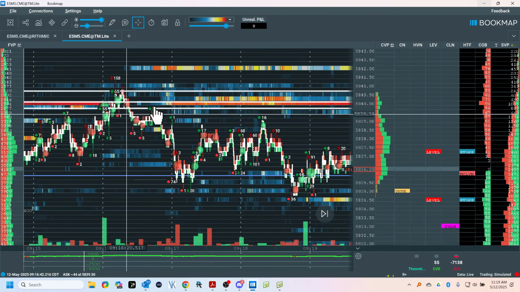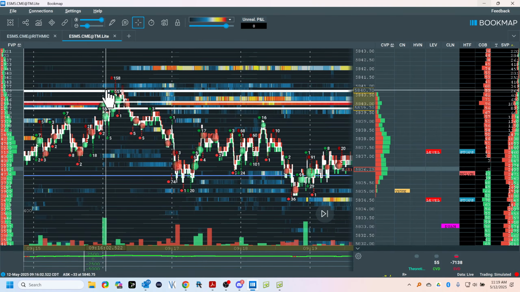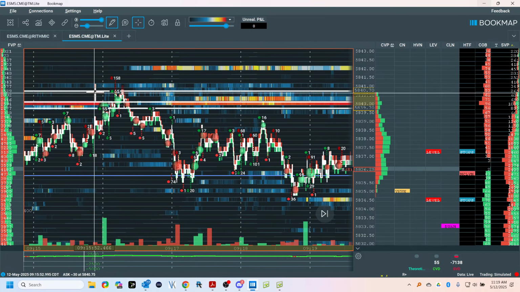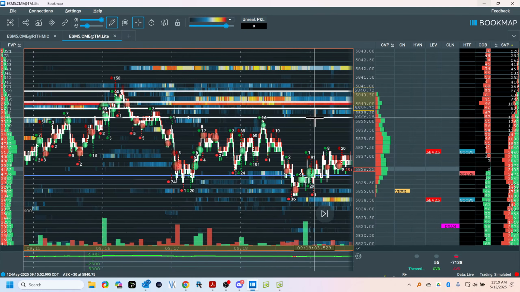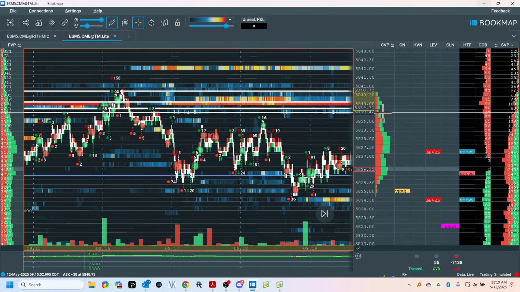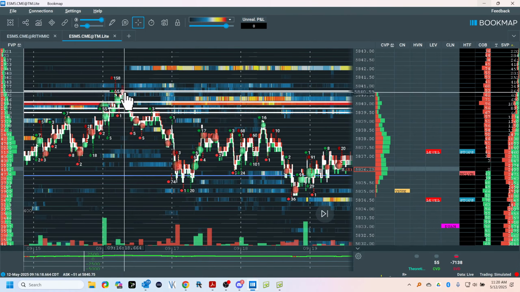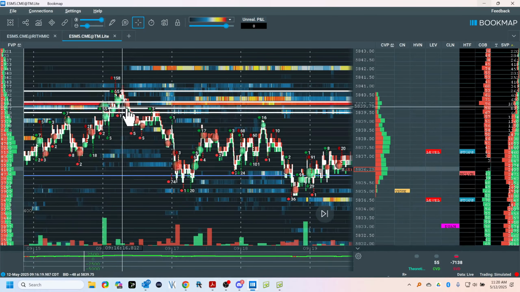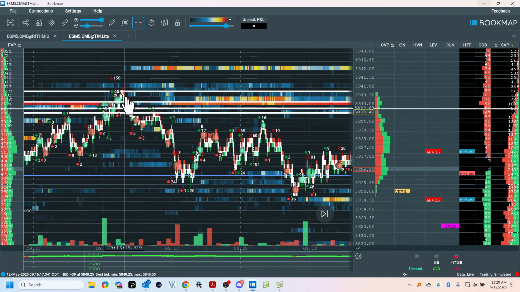Now, out here is a low volume node. I'm just going to draw. Now, what I'm showing you is a combination of order flow and the output of order flow. The output of order flow is price action. So if I am not yet up to speed on order flow, and it's a specialty like any other tool, it takes skill. Right here is where my short would be. But without an understanding of what's going on here with these components, this is my trigger.